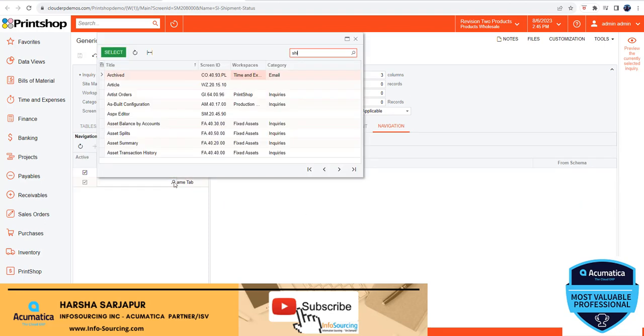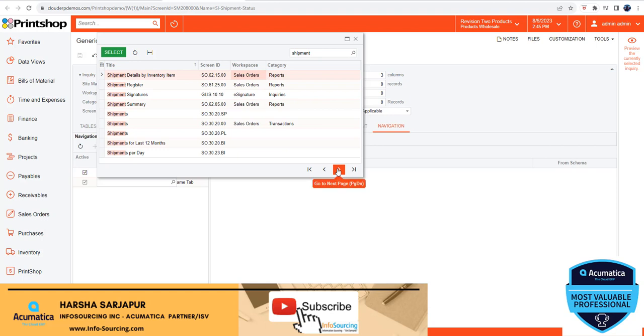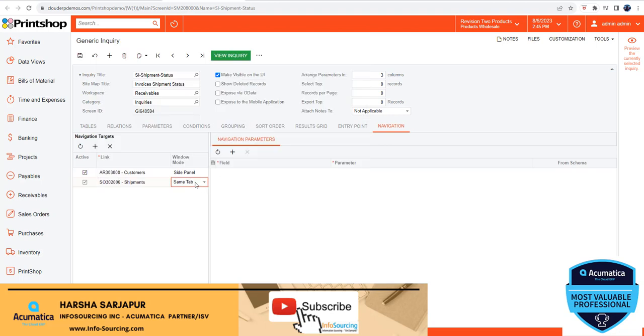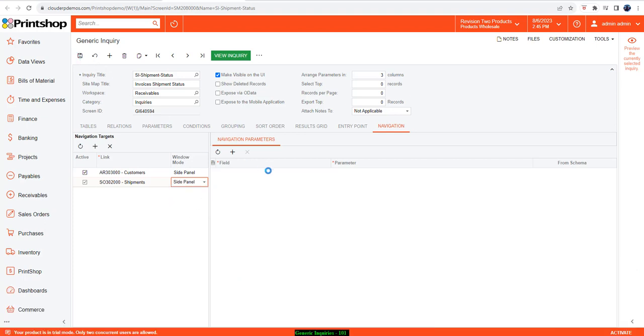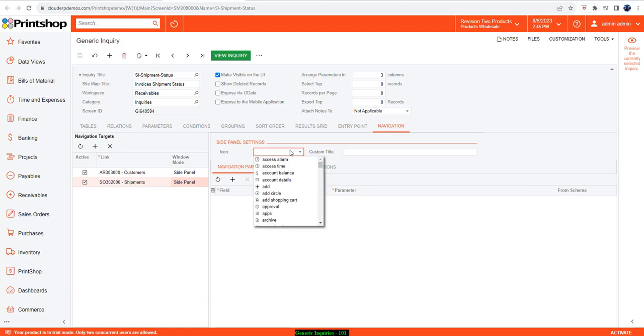Maybe I want to show shipments, the shipment document itself. So search on shipment and find the document that you want to show. In this case, it is this transactions. I'm going to pick this one, and I have the ability to click on it to open up in the same tab or a new tab or a pop-up window. But if I want it on the side panel, then I can choose side panel, hit save. You will see a new icon. So I can choose that, and I can say shipments